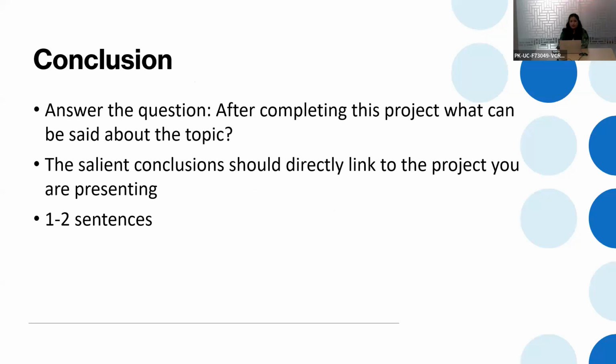The last section is conclusion, right? And as I said earlier, in conclusion, you also have to write the implication of your work and a few important findings. Now it is time that you make some concluding remarks about your work. So answer this question: after completing your research, what can be said about the topic? What next? What are the implications of your work? What are some of the key take-home messages that you want your